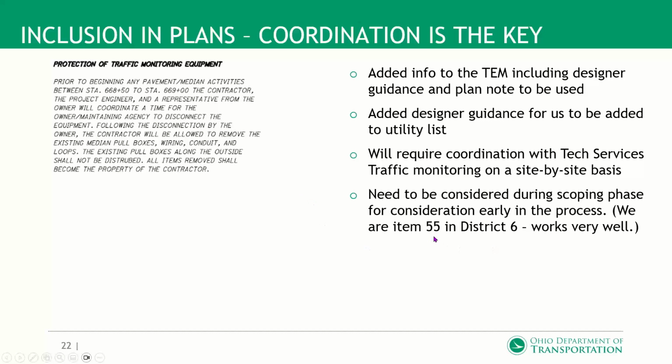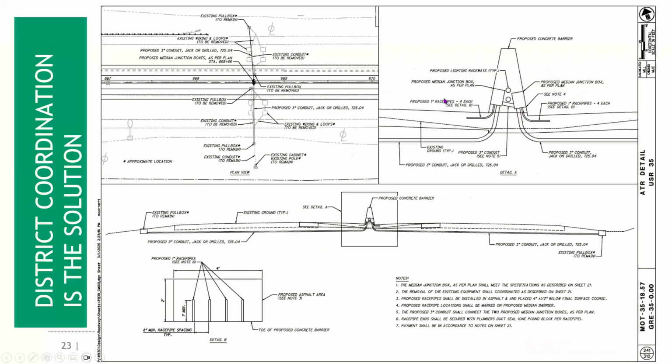So I will do a little shout out to District 6. They actually have a line item in their scope form. We're item 55 in their scope form. I know exactly where to look on their pavement projects. And it works really well. A lot of times we're like, yep, just mill it up, not a problem. But when there's a more major project, we like to be included. We have